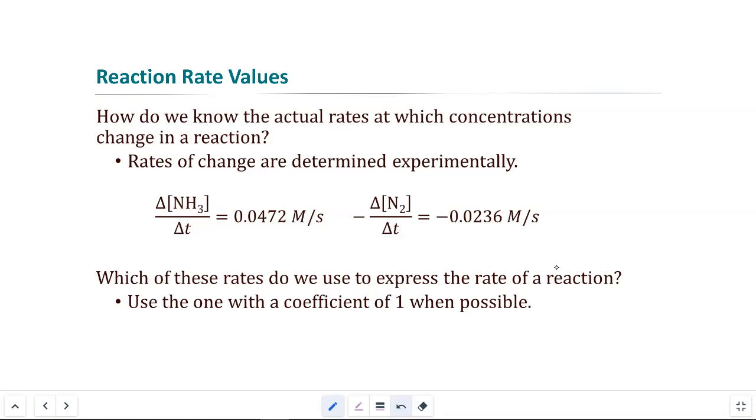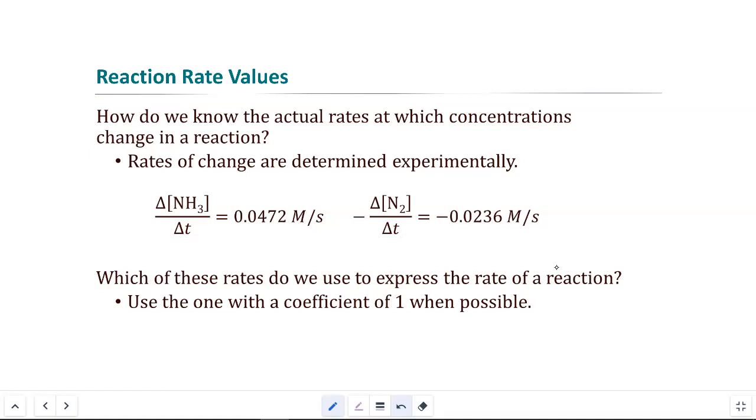So this comes back to an idea that I've been kind of hinting at, but I want to make sure that we state explicitly. Let's say that we are given two rates of reaction. We're told that the rate of appearance for the ammonia is 0.472 molar per second. We're told that the rate of disappearance for nitrogen is negative 0.0236 molar per second. If we were asked which one should we use to give us the rate of reaction,